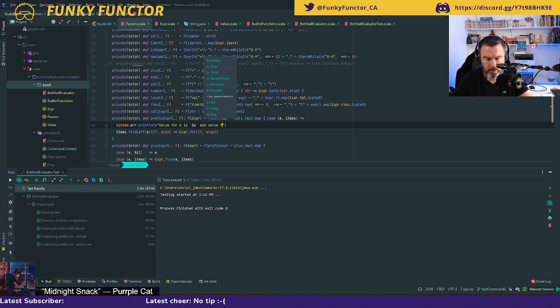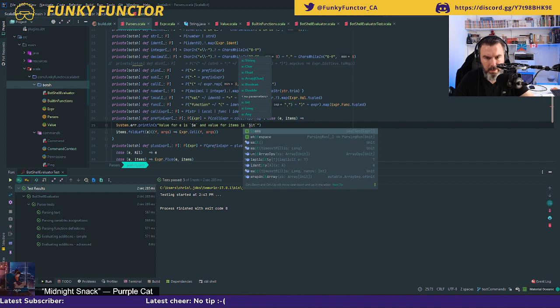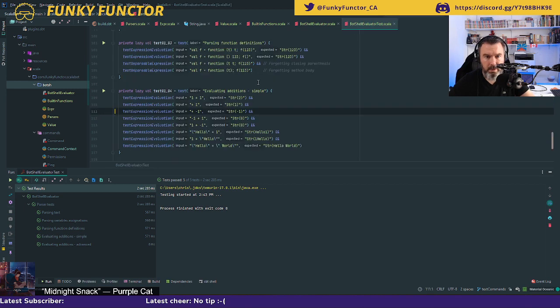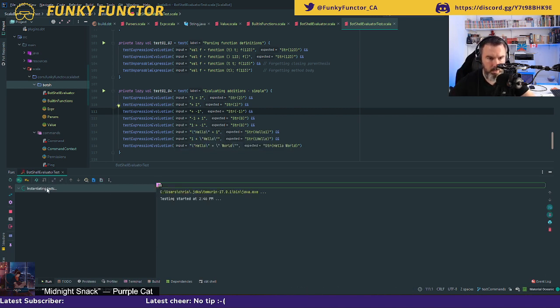And value for items is, and then items like this. Okay. Did I make them? Yeah. So they are runnable, and hopefully I should be able to gather more information about why this is failing.